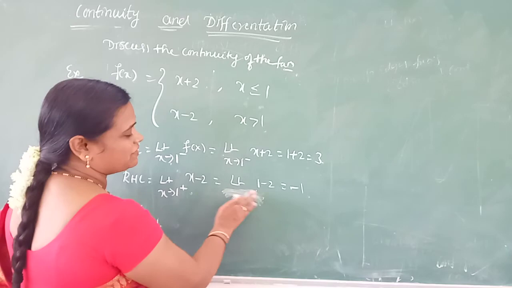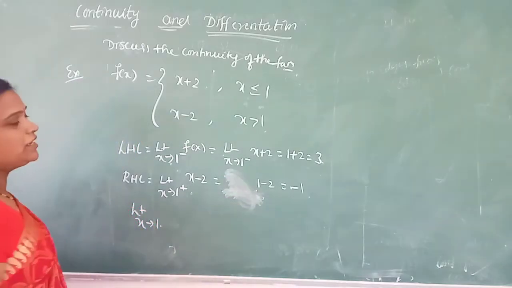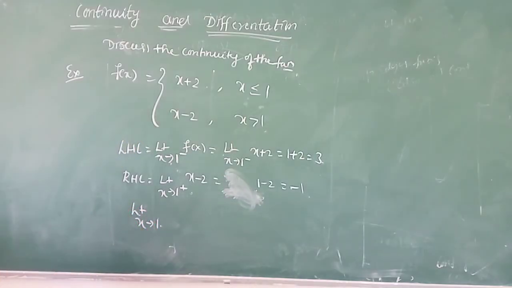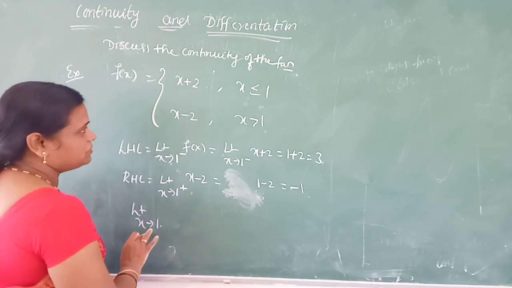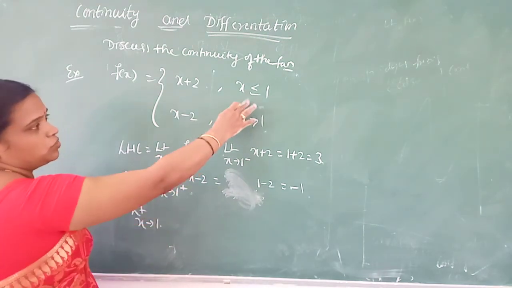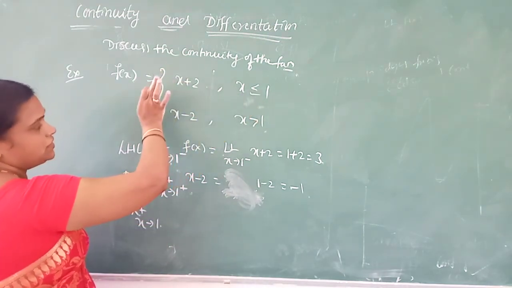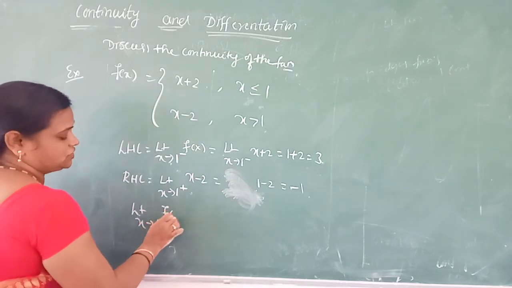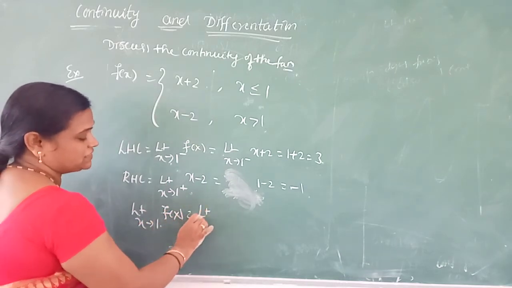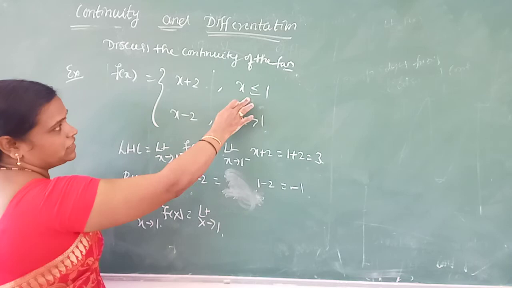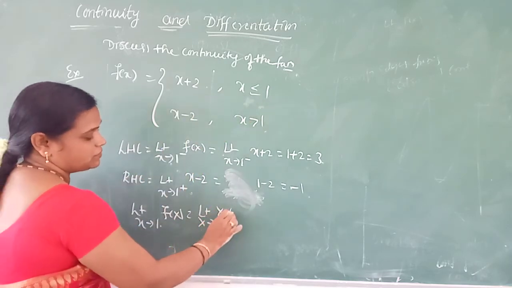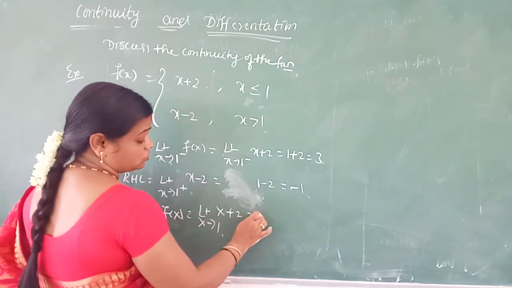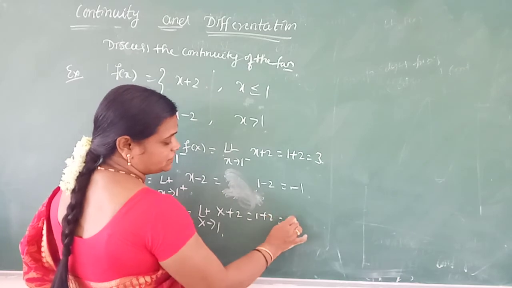By applying limit we need not worry about the application of limit. Next, limit as x tends to 1 also exists, as in the first case, correct. We can write x plus 2, we get 1 plus 2, we get 3.